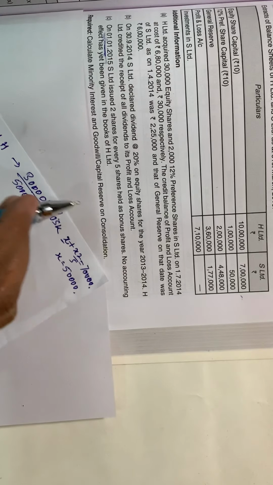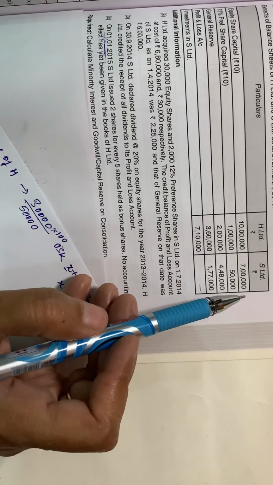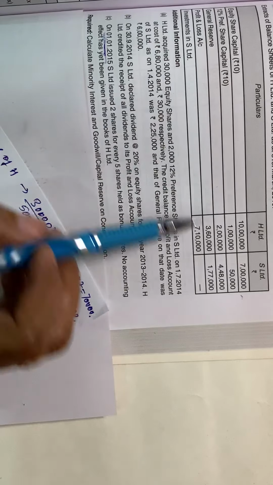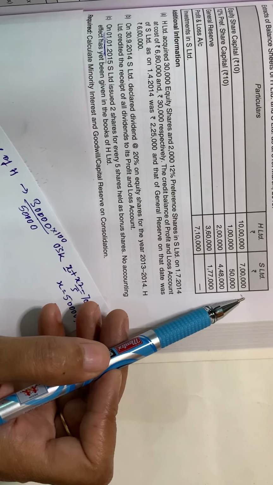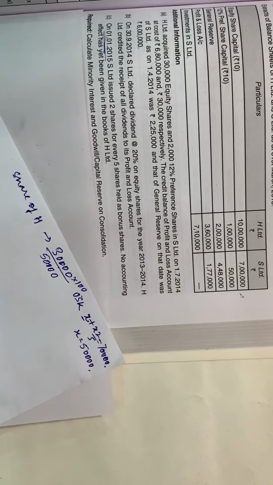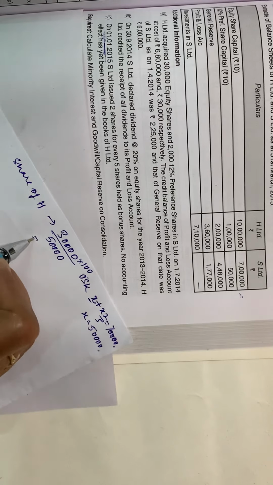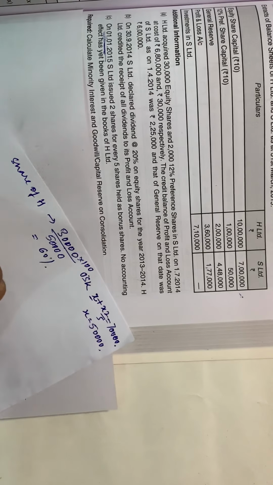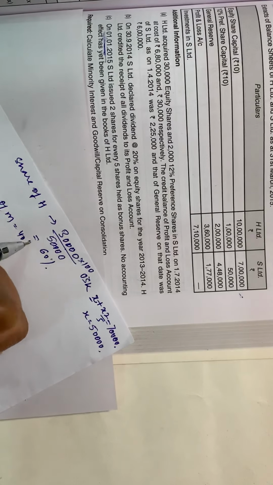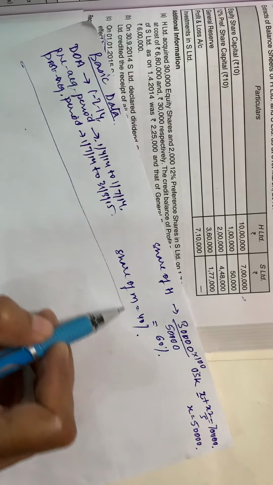You have to be very careful if bonus shares are involved and you are given the extract of the balance sheet. You have to check whether the share capital in the extract of the balance sheet is inclusive of the bonus shares or not. You have to be very careful in calculation, otherwise your whole calculation will go wrong. So this is 60% and the share of minority becomes 40%. This is about the basic data which you are supposed to come up with.